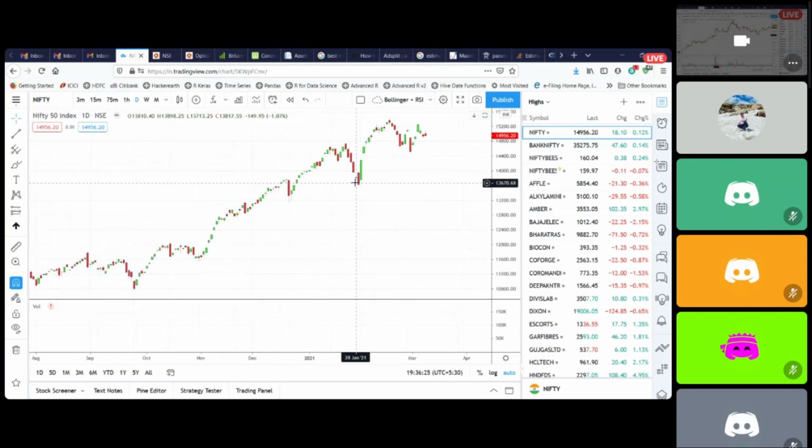Okay. Thanks. I had a question. For figuring out which stocks are at their all-time high, do you look at them manually or do you use a script or something? No, I just scan them manually. Got it. Do you use any other indicators as well? Nothing. All the indicators are lagging. Pure price action and volume is the only thing that is required. Every indicator will lag.